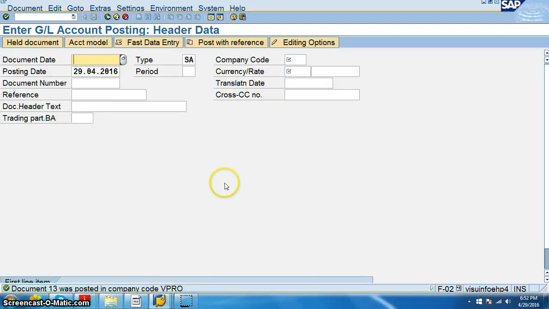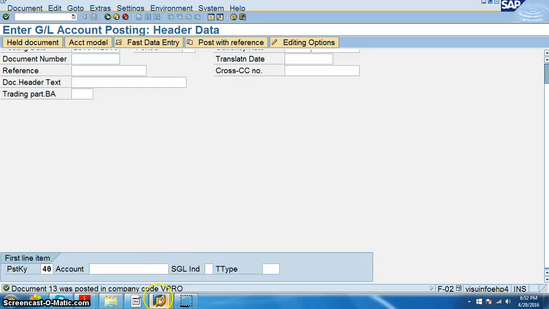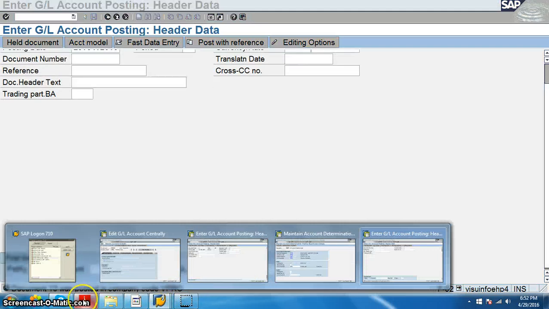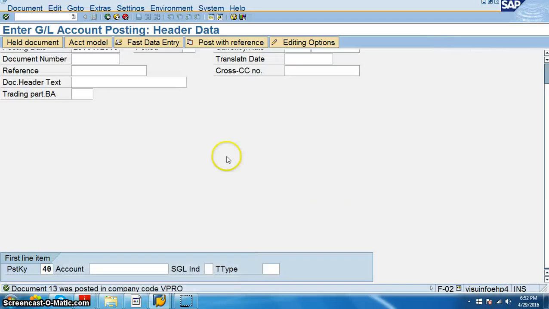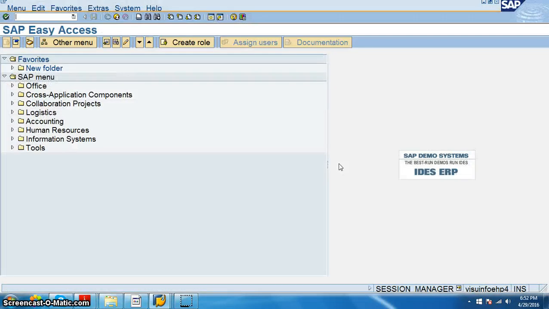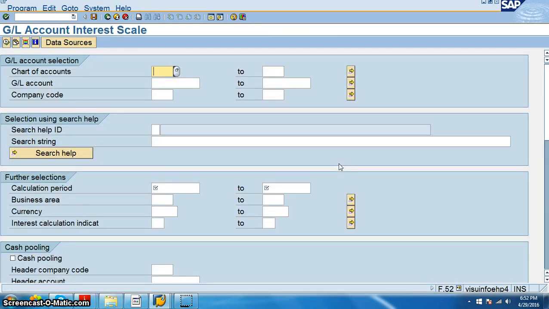So what exactly we are doing is we are making use of the account that we just now created in the previous steps. That account is what we are going to make use of for creating the F-02, and the interest calculations. F-52 will be displayed only when we have a couple of interest, either debit or credit. So F-52 is the one. We have the chart of accounts as VPRO, but calculation